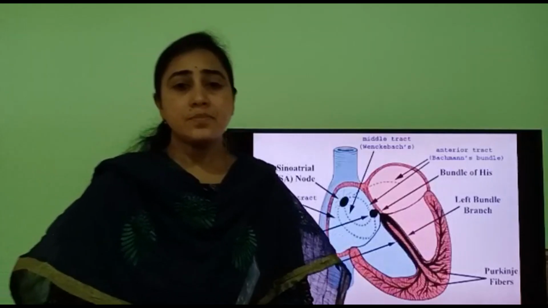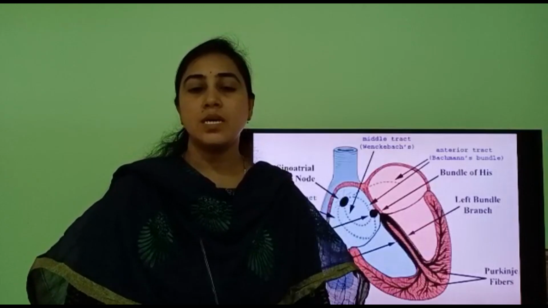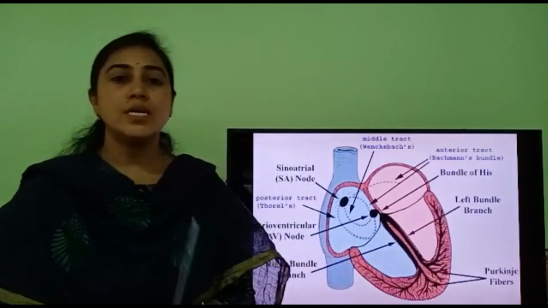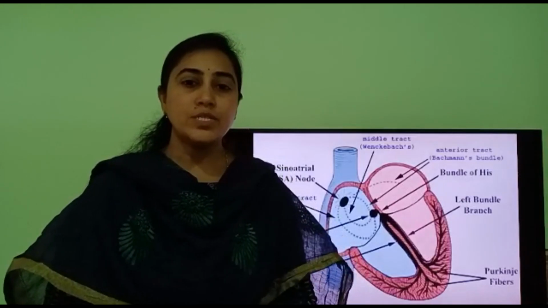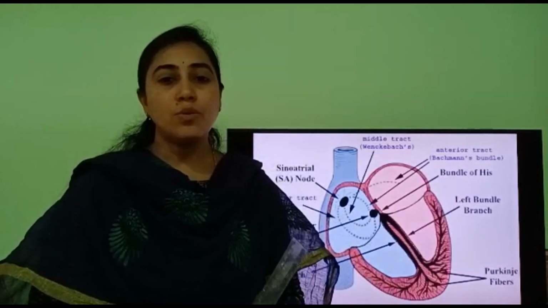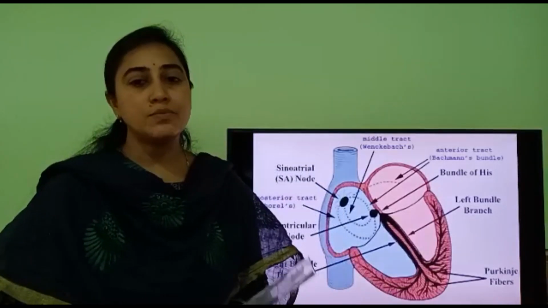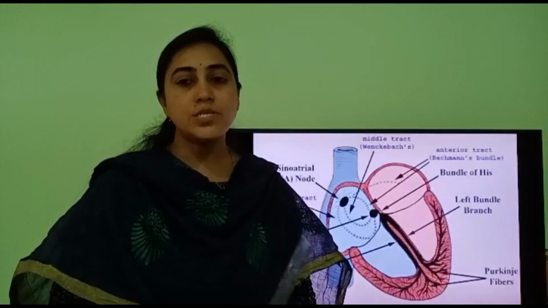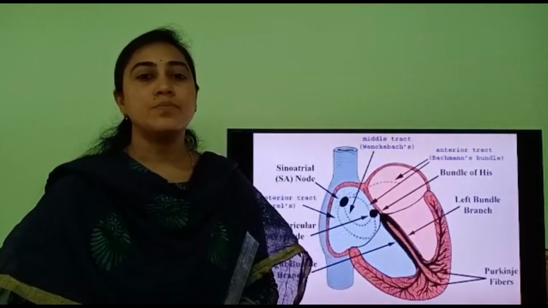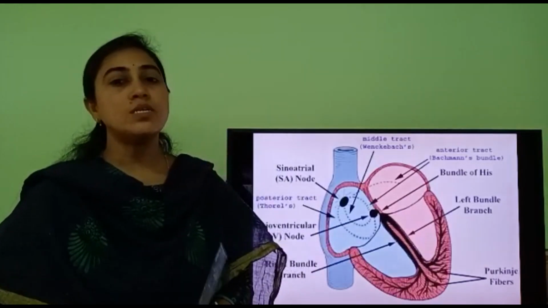It electrically connects the atrial and ventricular chambers. A bundle of nodal fibers is called the atrioventricular bundle. It is also called the AV bundle or bundle of His. It continues from the AV node into the interventricular septum, and it divides into right and left bundle branches. These branches give rise to minute fibers called Purkinje fibers that extend throughout the ventricular musculature or ventricular walls of the respective sides.